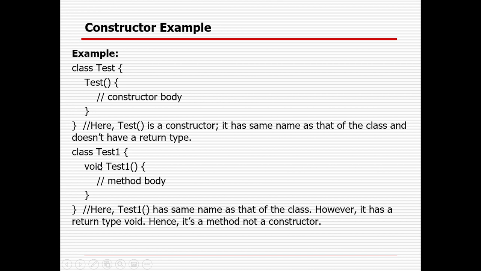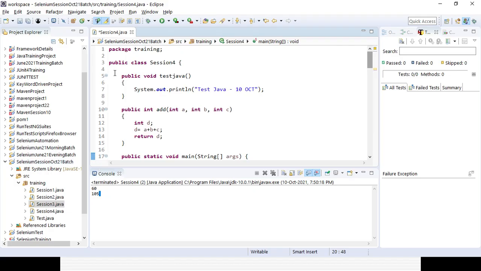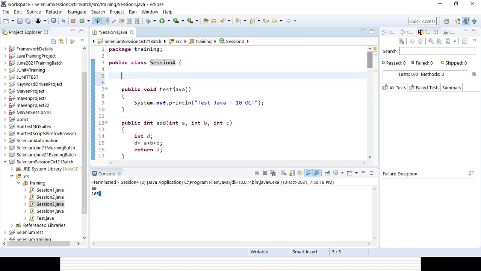I will try to show you with a real example what a constructor is all about and how you can deal with it. I already told you the constructor name should be the same as the class name, but it should not have any return type. So let's create a constructor. Public, the same name as the class name.